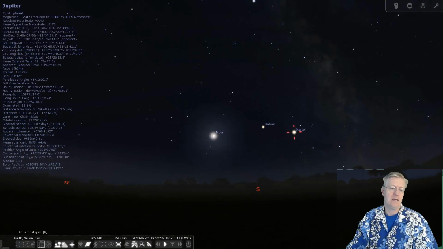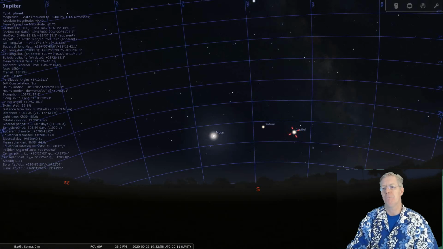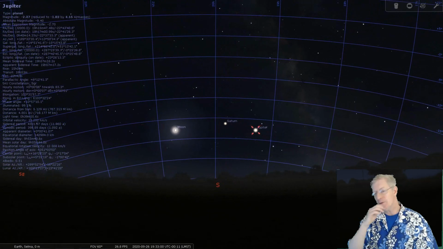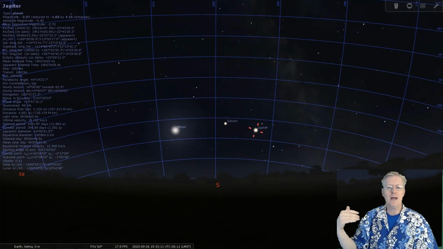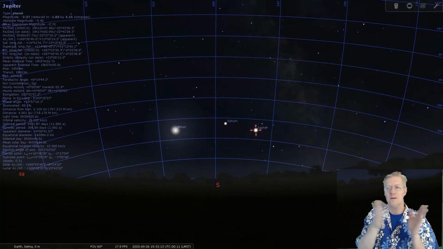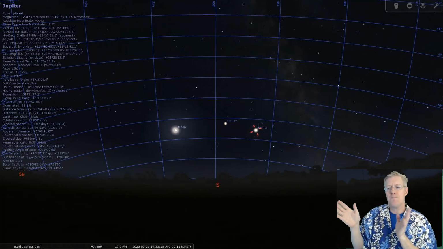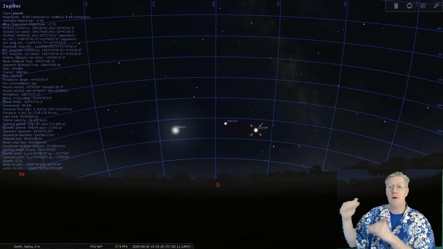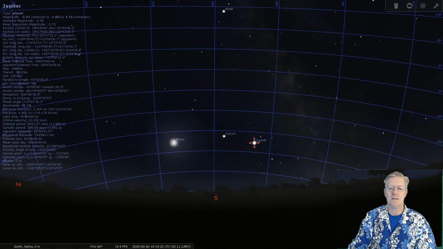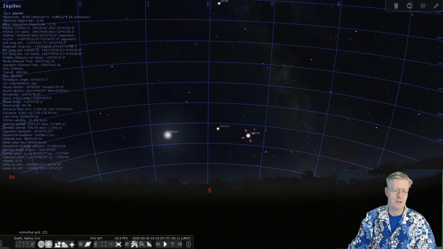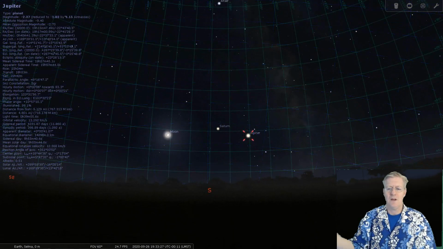Anyway, here is the grid on the sky, which is helpful if you are given directions from another source. Maybe you're looking at a Sky and Telescope magazine, which I love reading, and they would say, okay, look in a particular direction in the sky, and then look up so many degrees above the horizon. So here's 15 degrees above the horizon. Actually, there we go.